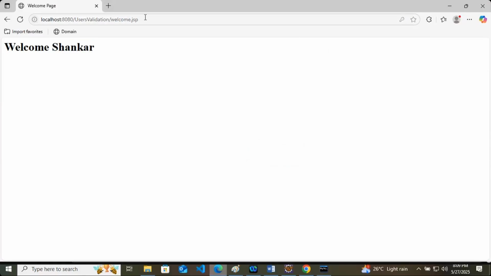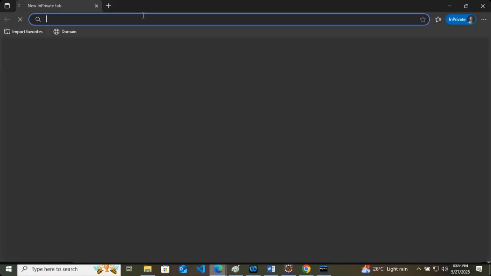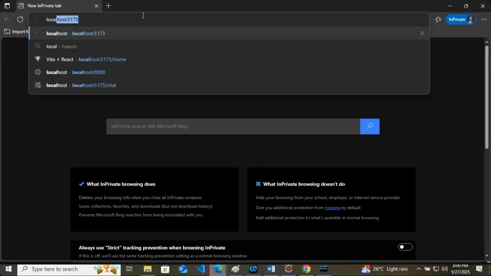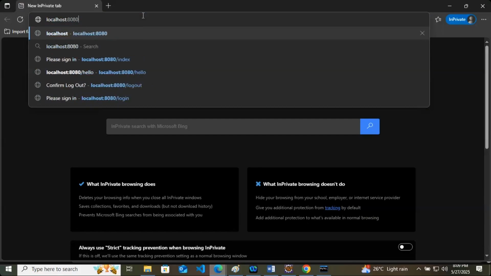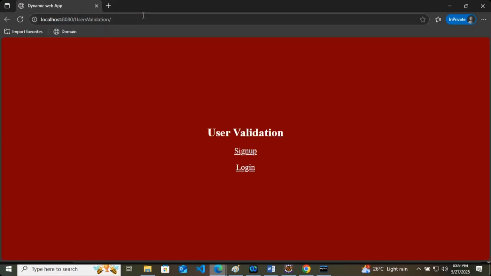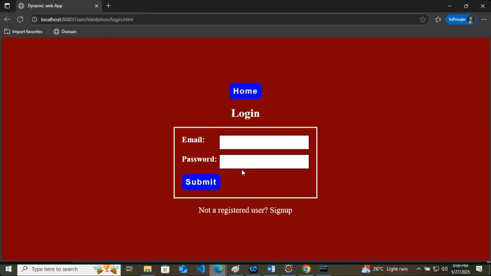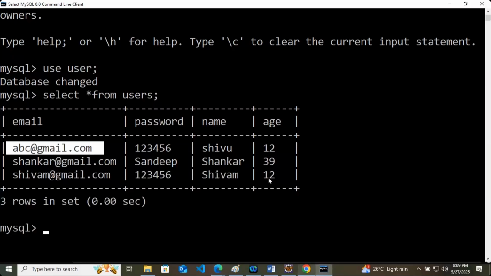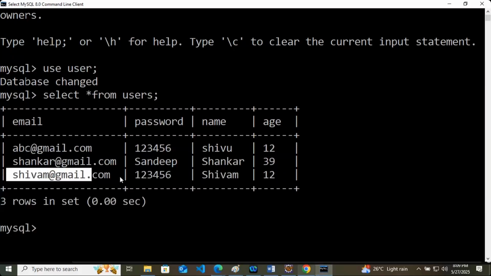The same welcome page is looking different for two users. If there is a third user, we have the same thing here too. Here we will log in with a different account. Let's say this one.